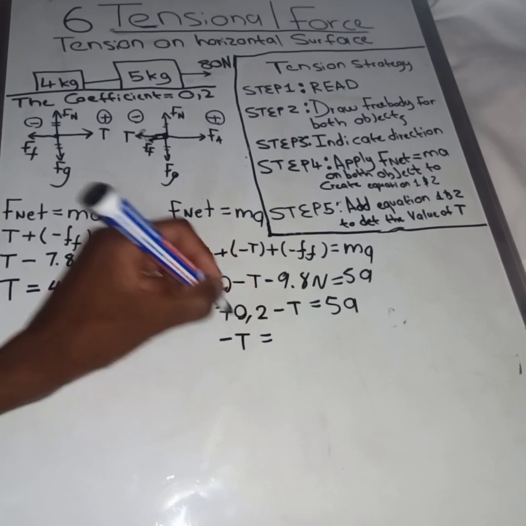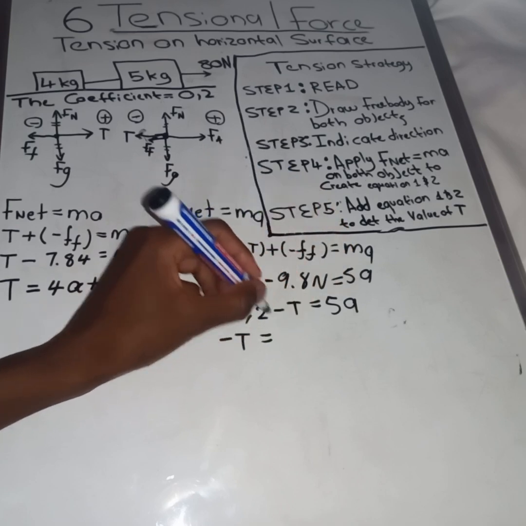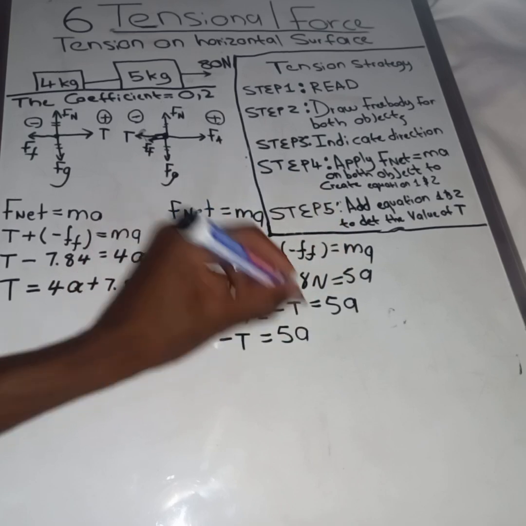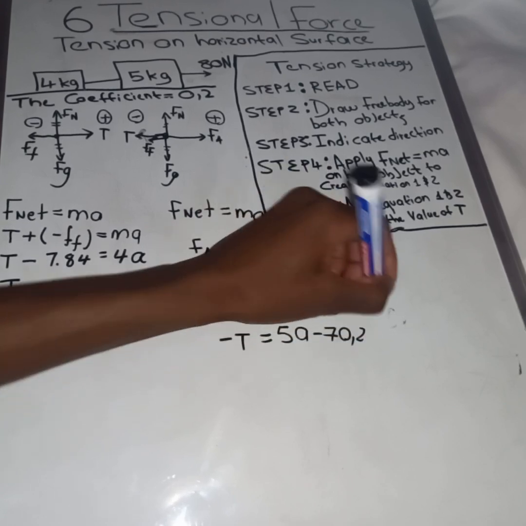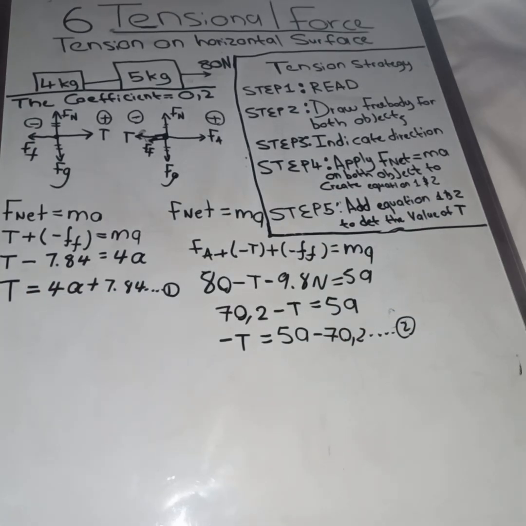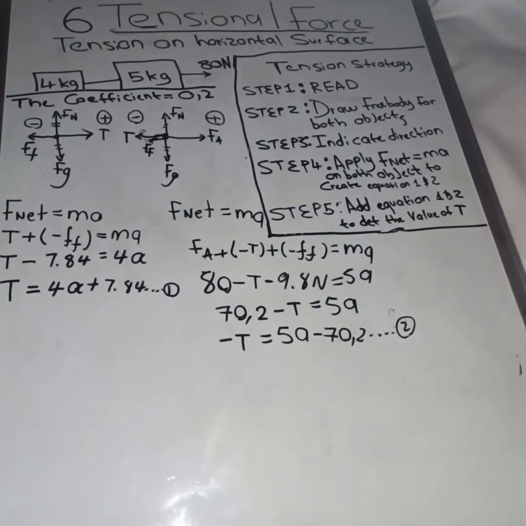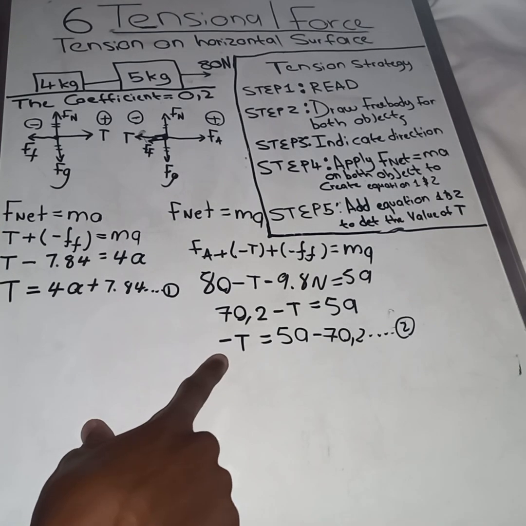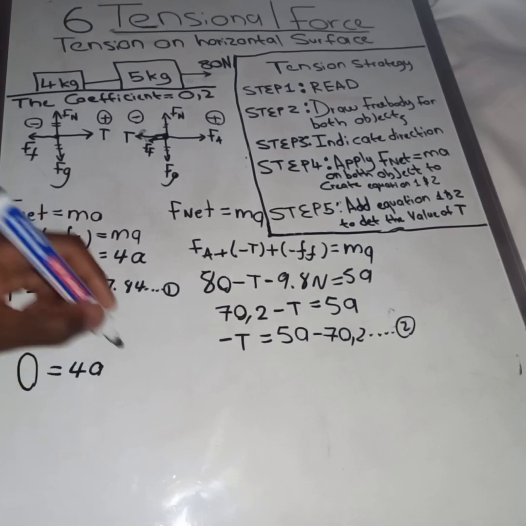Negative T equals 5a, and I'm going to transpose 70.2. So when we transpose this value to the right, it changes sign. It becomes what? Negative value. Equation number 2. So we have to add equation 1 and equation 2. So T plus negative T, 0, 4a